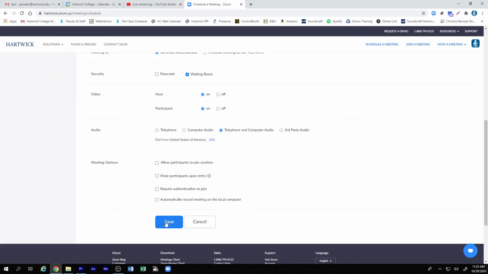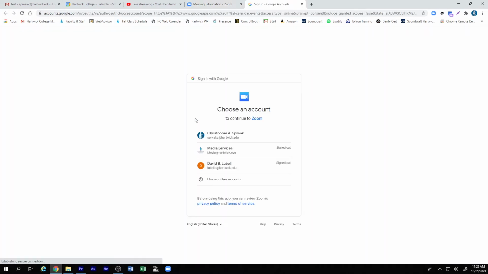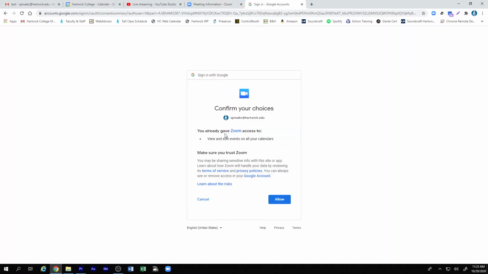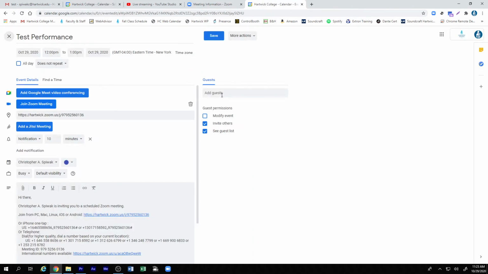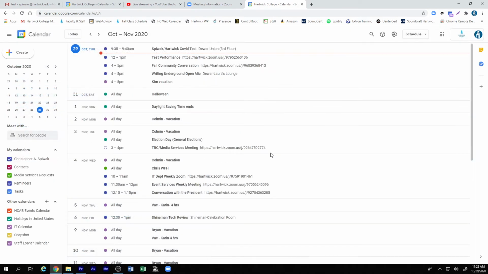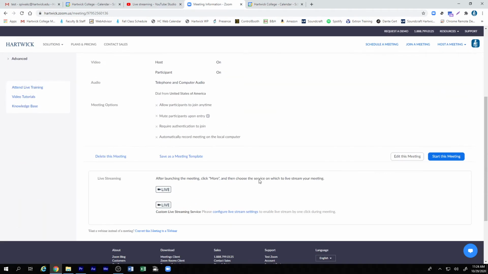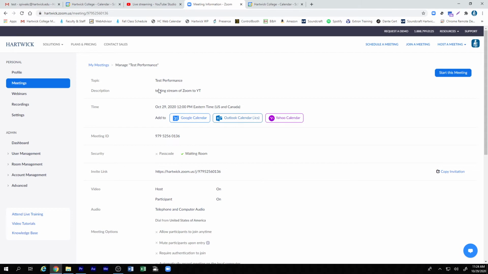We are going to save that. If you want to add that to Google Calendar, you could do that. And from there, you can add your actors and crew. So that's saved. You see it in your calendar. Back on Zoom, we're going to